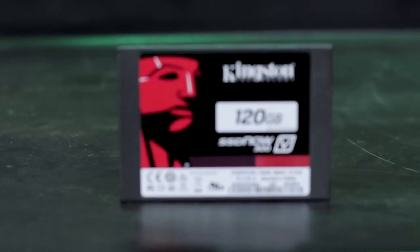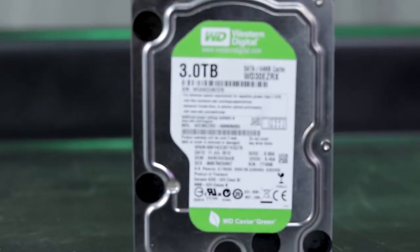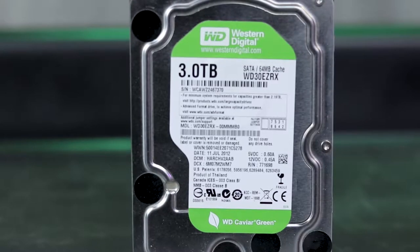So with networking out of the way, for storage, I'm going to be putting in a Kingston 120 gigabyte SSD. This is going to be the boot drive, and it's going to store all the key programs and main drivers. Now for mass storage, because after all, you can fill up 120 gigs relatively easy, I'm going to be putting in a Western Digital 3 terabyte hard drive. Now, 3 terabytes is a little bit overkill for what we're going to need it for, but it was laying